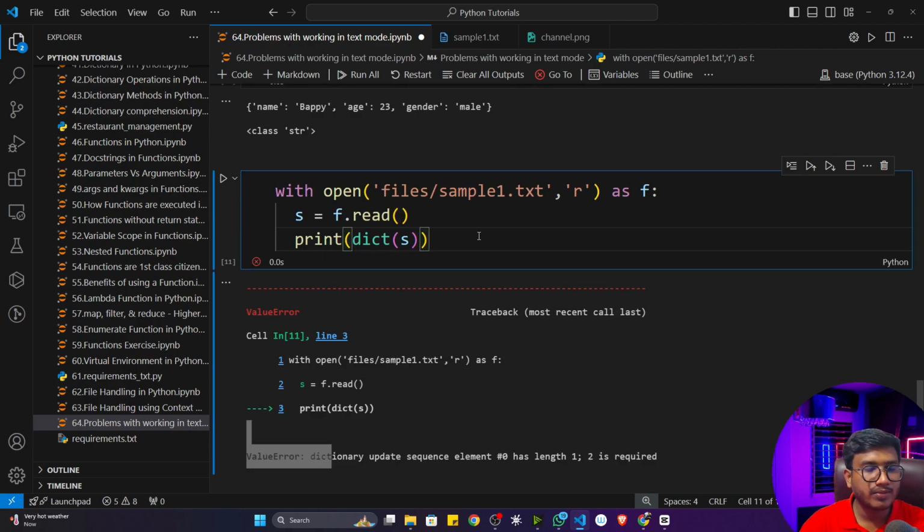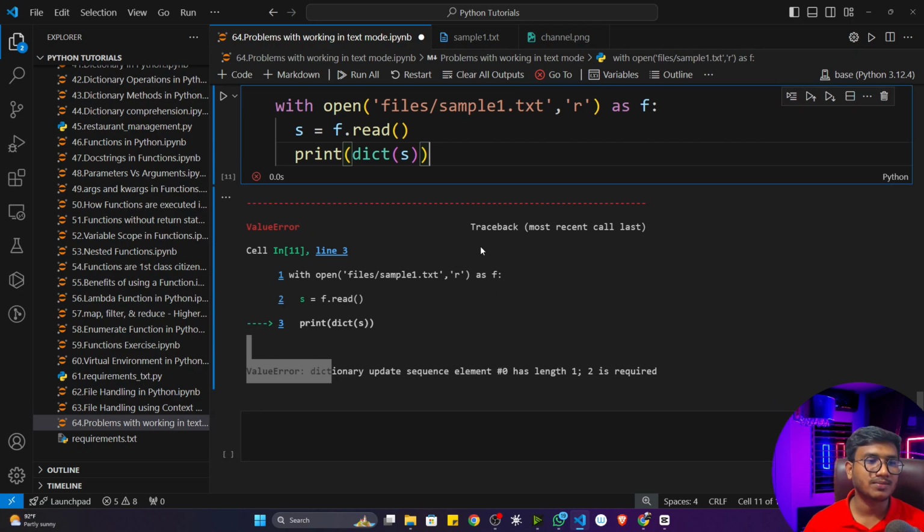Going forward, you will be working with different data types, and you have to store different data in a file. At that time, this particular approach won't work. So for this we'll be using something called serialization and deserialization inside Python. In the next video, we'll be understanding serialization and deserialization. This will help us load different data types in different file formats. We'll be learning this concept.